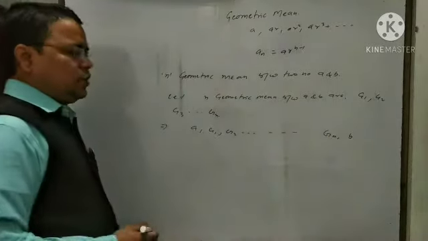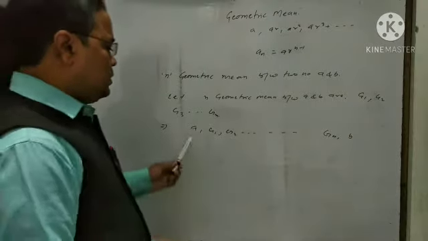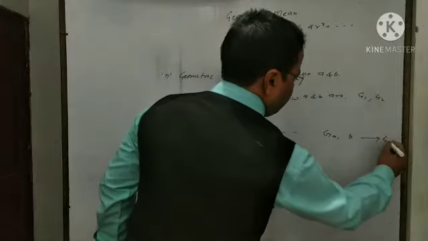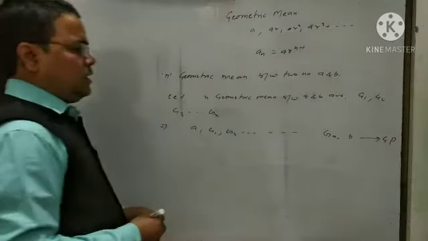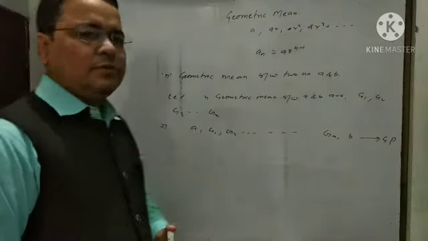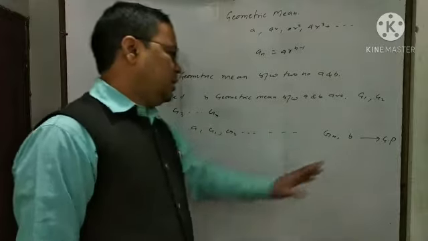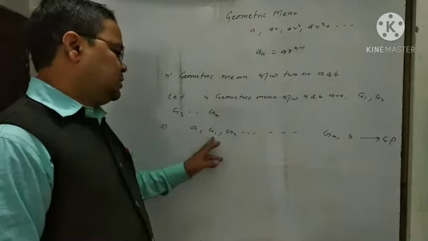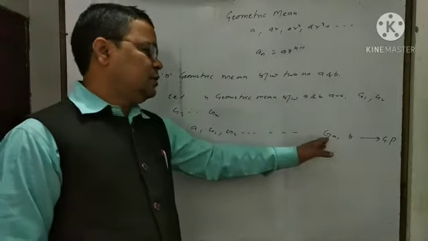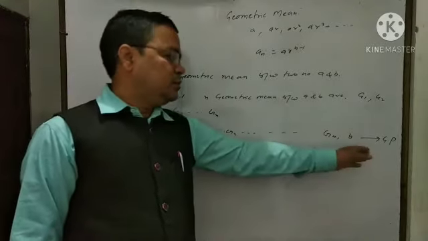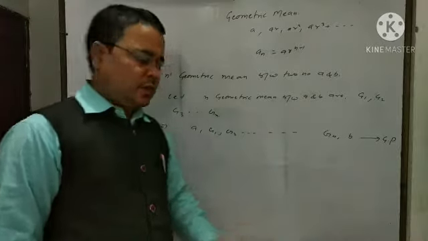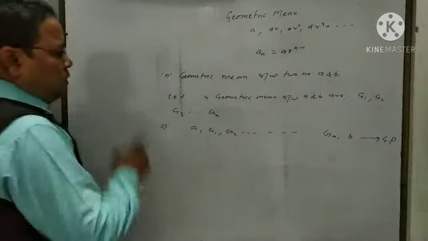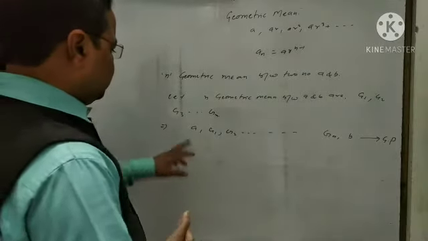Okay, in this way, this will be in geometric progression. If you want to find n geometric means between the two terms a and b, then whatever progression we will get, that is a, g1, g2 and everything like gn up to b, it will be in geometric progression. Getting? Now this is the first term.